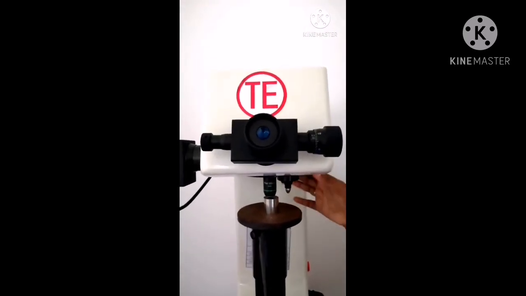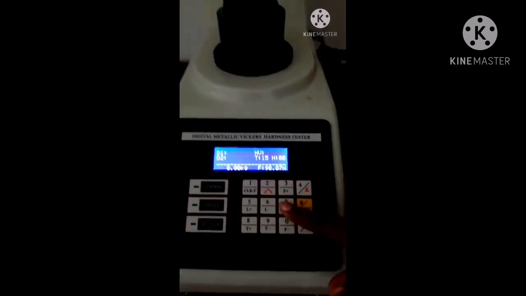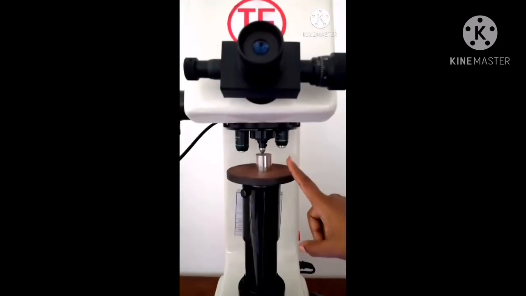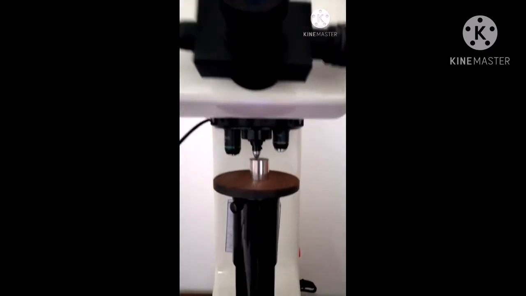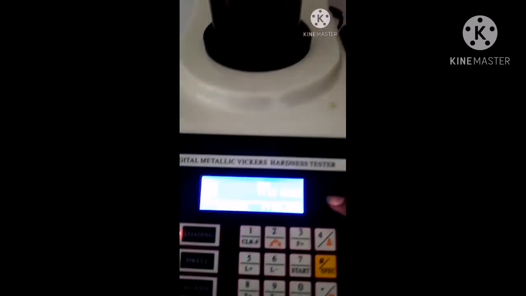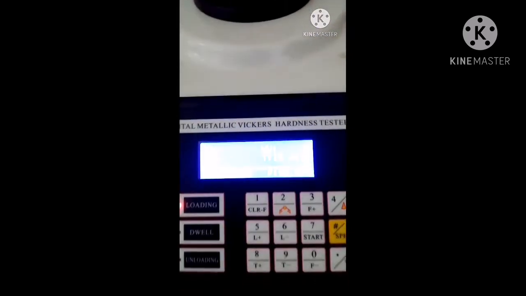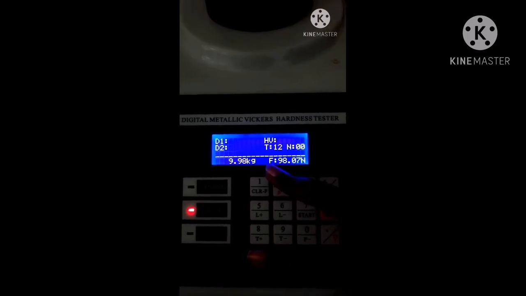Now we are going to start the practical by pressing the start button. There we can see the diamond pyramid bends down and carefully touches the test piece surface, and the test force is slowly increased to its specified value, and it will hold constant for a certain time.